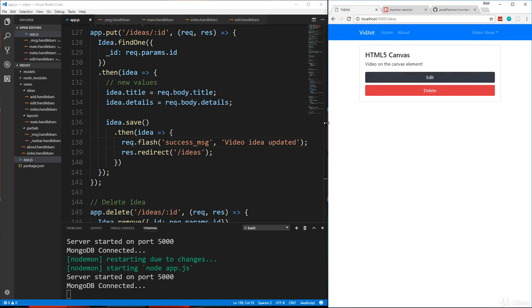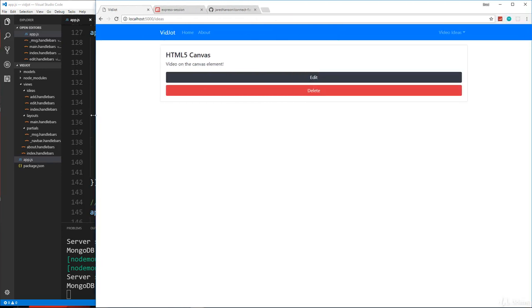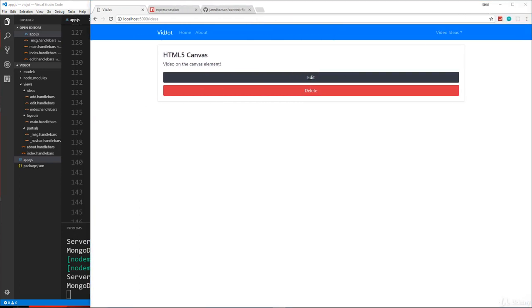Alright guys, so this is a fully operational CRUD application, but we do have one huge issue, and that's that we can't have multiple users because, I mean, everyone can add a video, but everyone can edit and delete everyone else's video ideas, and they can see them. So what we're going to do in the next section is we're going to implement Passport, which is an authentication library,